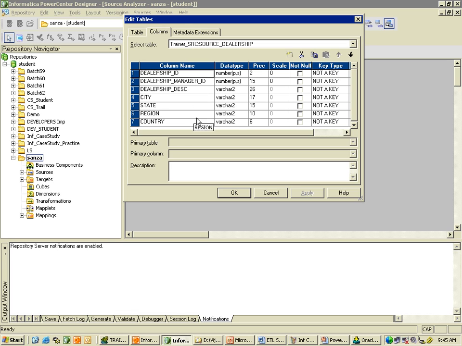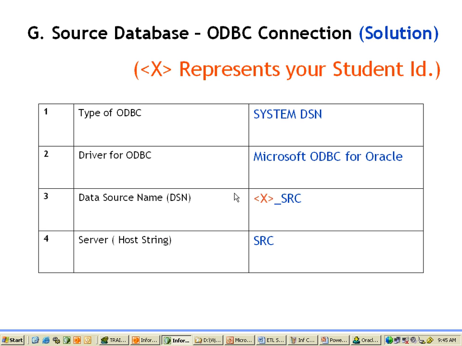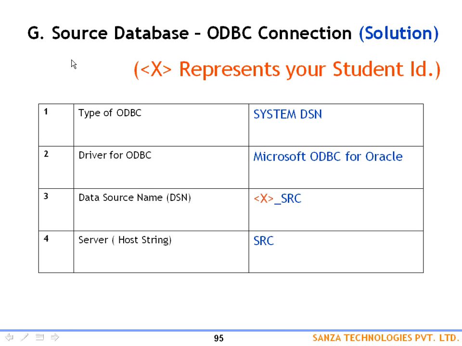You could have created it manually, but this is the best way to import the table structure, because if they have a lot of columns, we have to type it all, rather than you defining the source structure. Please open your ETL specification document. In that you write this